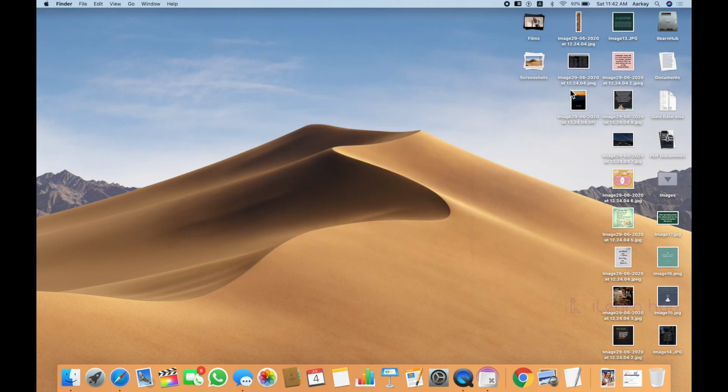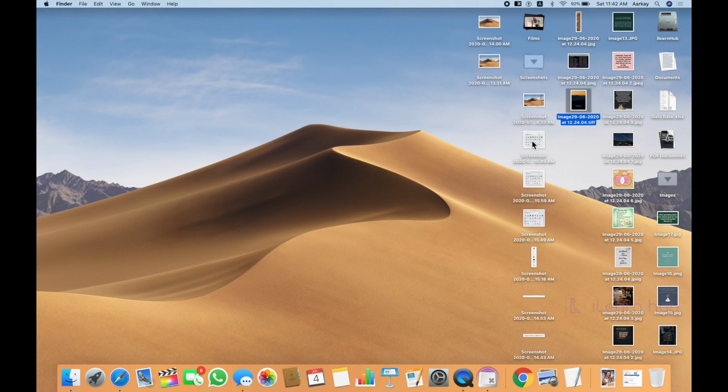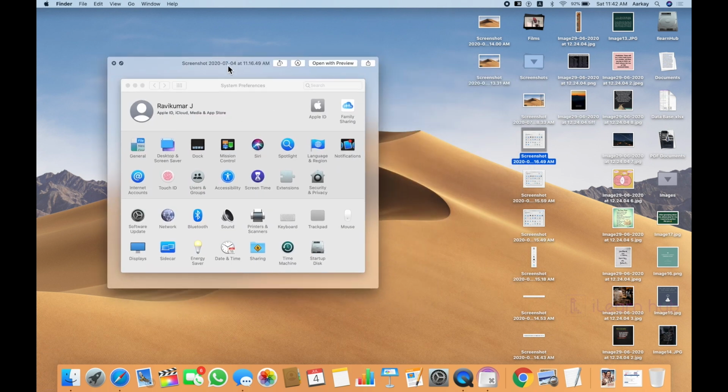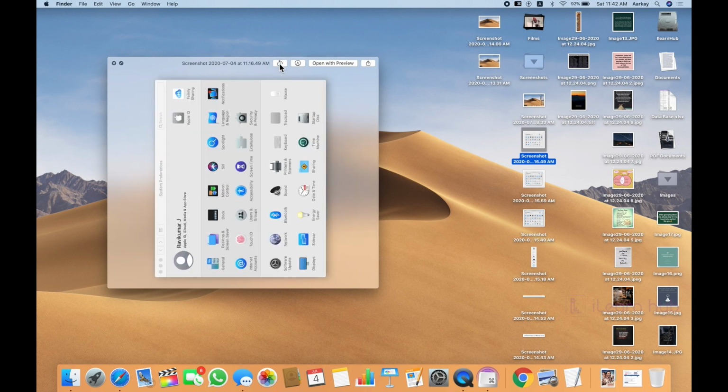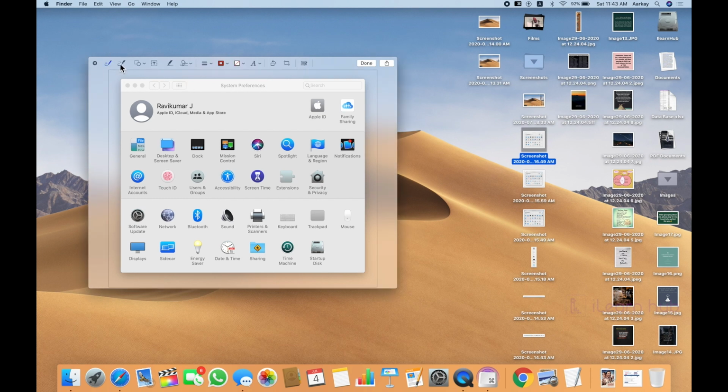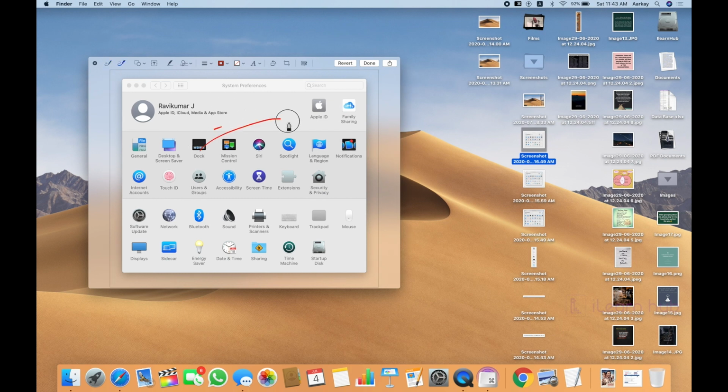Okay, now let me open another. I already have screenshots here. If I double click one of the screenshots, and use spacebar, without even opening a particular application, the default application is Preview. You can even rotate, and if required, some kind of annotations can also be done. For example, I want to add some lines here. Can you see that? So it is getting written here. Same way, if I want to add text, let me put in a text field here.